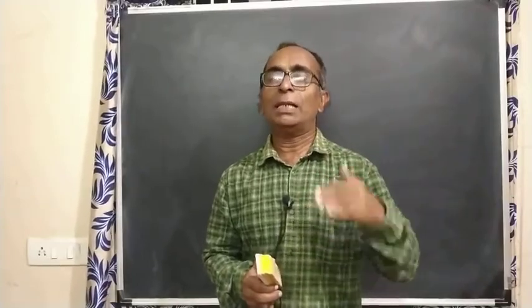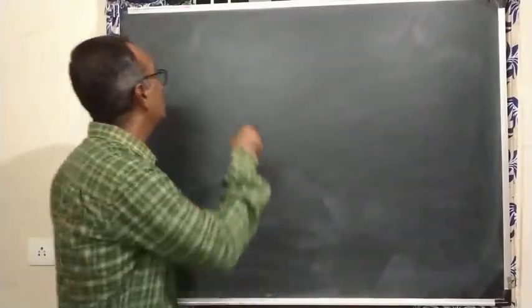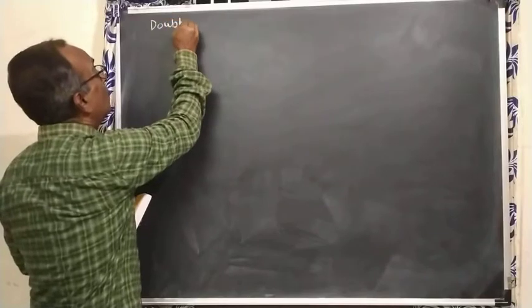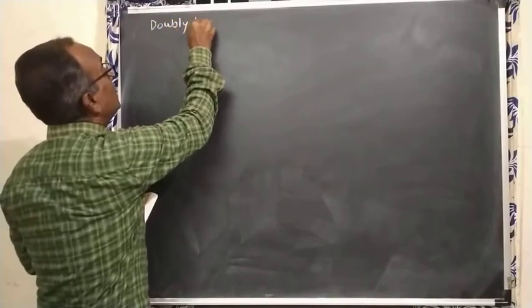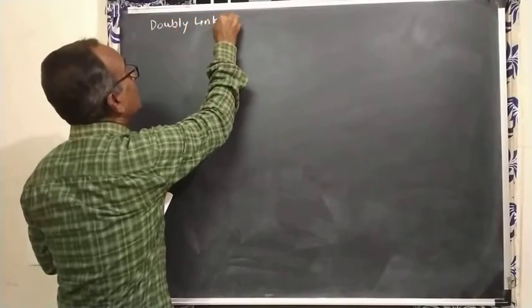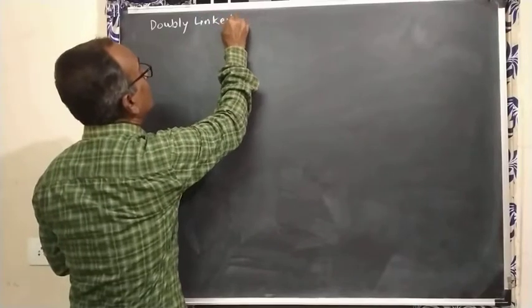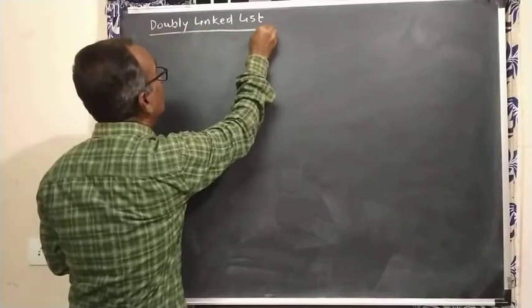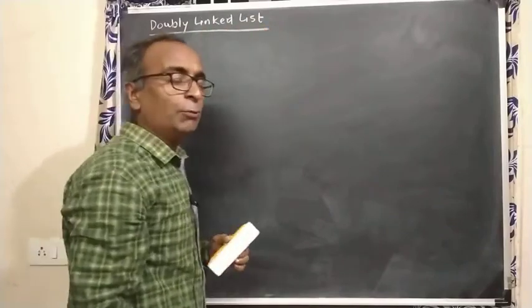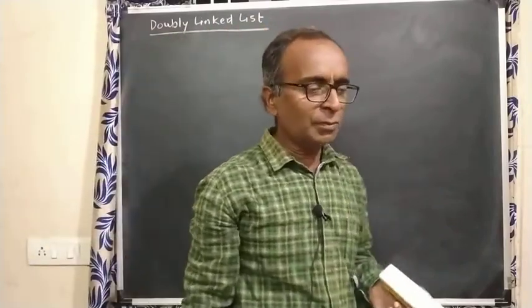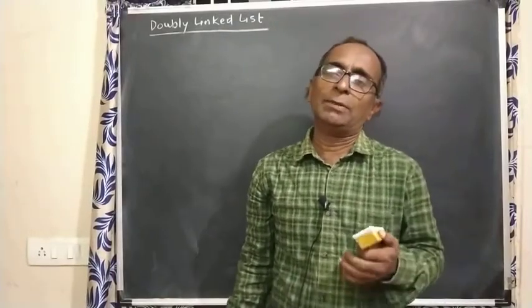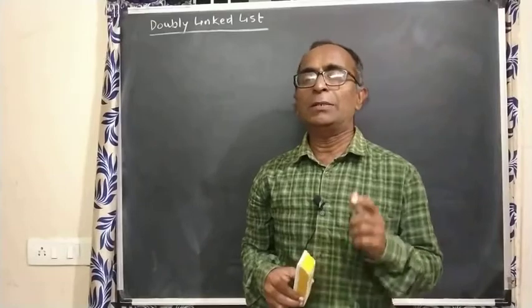Now when we are seeing doubly linked list, how it is better than singly linked list, that we should know. So before comparison, we should say in singly linked list we have seen in insertion and